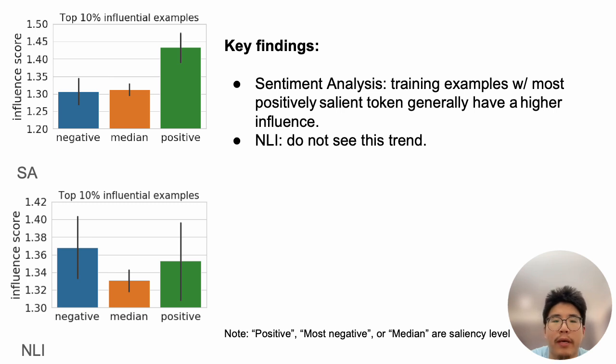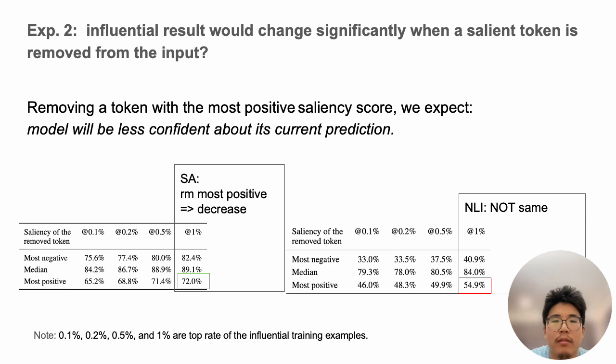But for the NLI task, we do not see this trend. Note that in these two figures, the positive, most negative, and medium are the saliency levels. They designed the second experiment to answer whether influence results would change significantly when a salient token is removed from the input. Removing a token with the most positive saliency score, we expect the model will be less confident